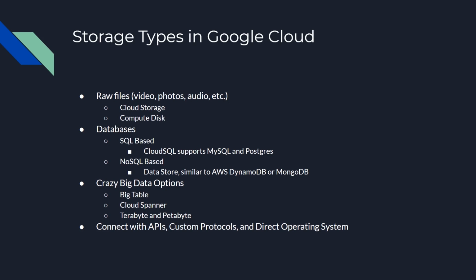This is going to give you the most performance, especially when you're talking about compute disk type instances, and is really going to be required for running any modern operating system at all. However, Docker containers and stuff like that have started to favor things like cloud storage because it's a little more portable and easy to connect to from a Docker containerized instance, whereas hard drives and disks need to be hooked up to specific instances. And while this can be accomplished in things like Docker and Kubernetes, it's a lot easier to just work with